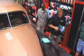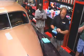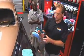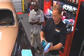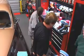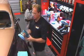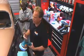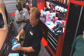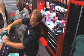This is a forced rotation dual action polisher. It also has a knob on the side which lets you flip this over to work like the Porter Cable or the Griot's Garage or the Meguiar's Online, and that it'll free spin. So if I turn this on after I plug it in. Okay, so it's got a little knob here. You got two different options. You got forced rotation, or you got a free spinning orbital. And I think that's in the, yeah, so I can hold that with my hand, see? Now I take and I flip this knob,